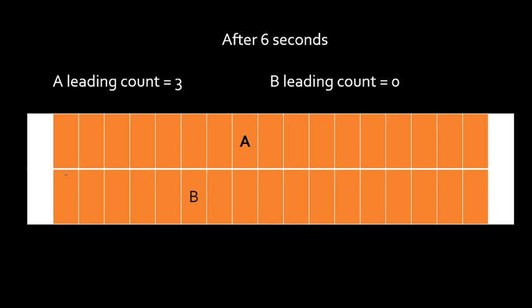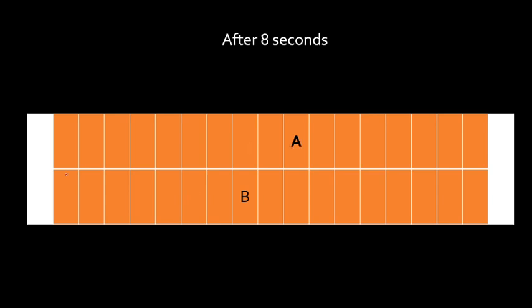Okay, next, after the next 2 seconds, which means after 8 seconds, even now A is leading. So this is the fourth time I notice, based on my notice only, okay? Not based on each second, based on the time period that we notice. So what happens here? Even after the eighth second, A is leading. So A is leading for the fourth time. What about B? B hasn't led the race at all. So B's leading count is 0.